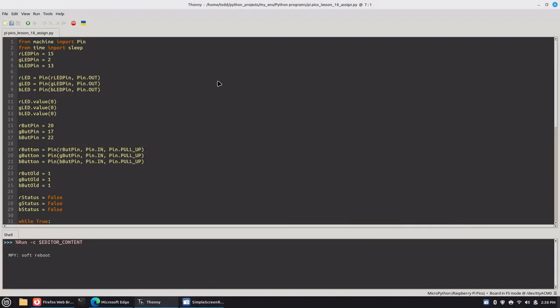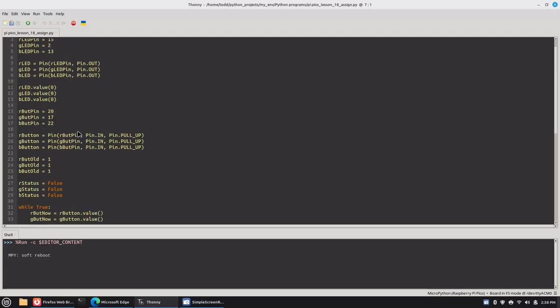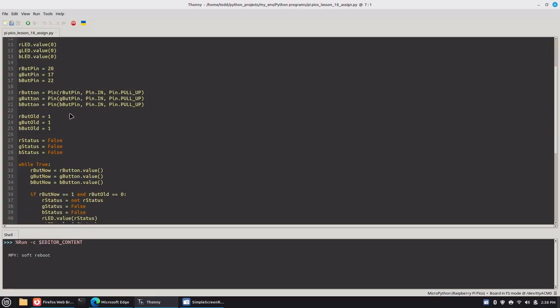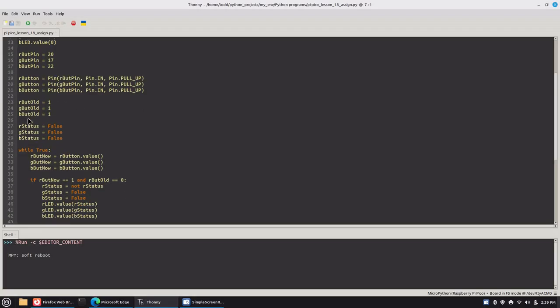So this is lesson 18's program. I set up the 3 LED pins, set up the 3 LED objects. I set their values at 0 in case one of the LEDs happened to have been left on. I set the button pins, set the button objects, declare the old button values, and then set each button status